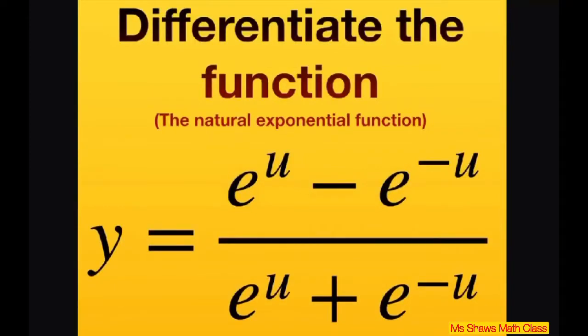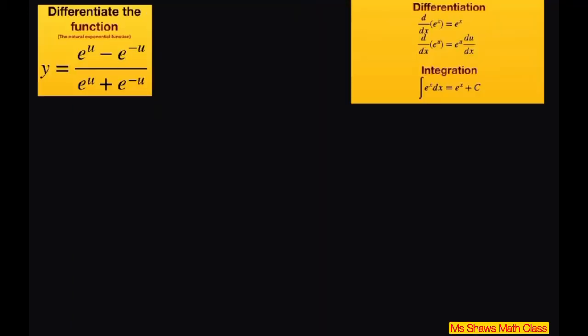Everyone, we're going to differentiate the function y given. This is a natural exponential function. So here we go. We're going to use the quotient rule, and we're also going to use our differentiation rules for natural exponential functions. So you write y prime, and it's going to be the denominator